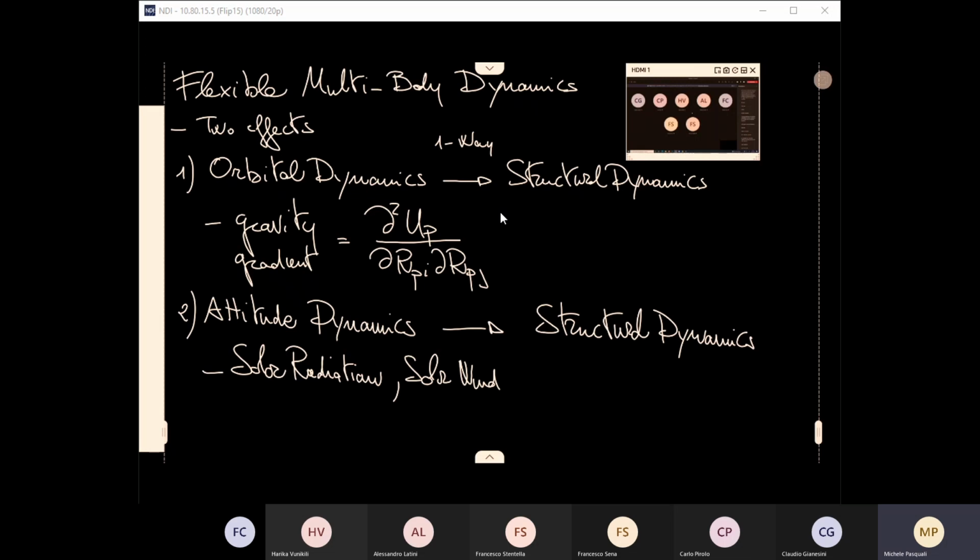So solar radiation is basically the overall radiation from radio frequency to X-ray coming from the sun. While solar wind is actually the overall effect due to particle interaction. So in solar radiation, we are talking about waves. In solar wind, we talk about particles that actually hit, basically heat the structure. And in this case, we have a coupling which is not a one-way coupling, but a two-way coupling.